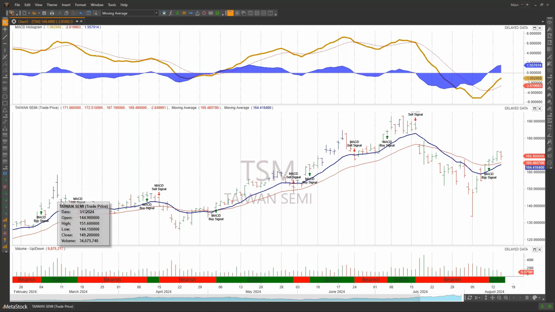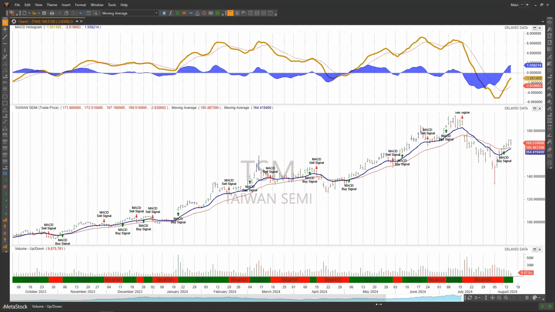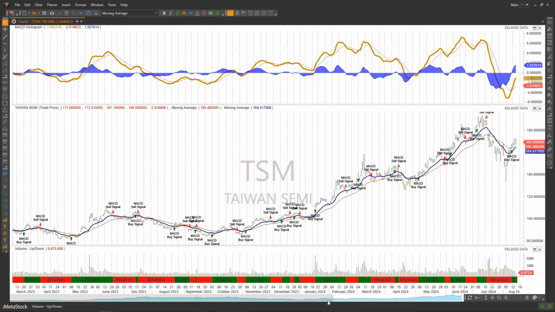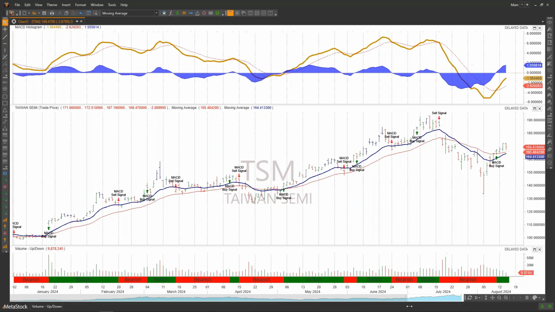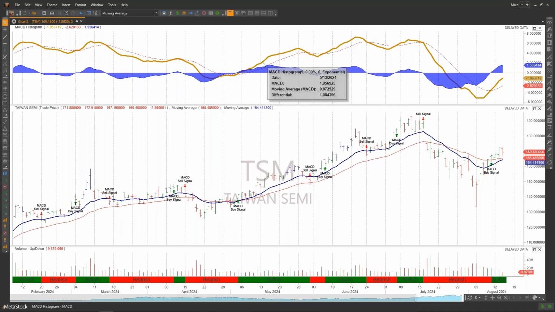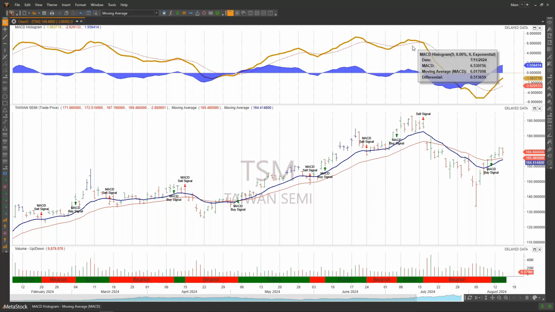If it's a little bit flat, I'm going to argue that right here, maybe we're a little bit more flat, you're going to have a MACD that's a lot more shallow. And actually, this has been in a trend for quite some time. But when we get to a point where we're flat, what you end up getting is a MACD that's more shallow. So it does a pretty good job of measuring momentum as well. So right now, all we're talking about is this gold line, the MACD line. And that's all you're talking about: the difference between this moving average and this moving average. Okay. So let's talk a little bit about this line here.